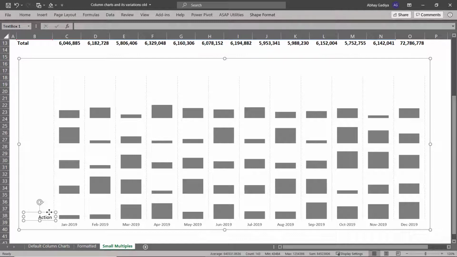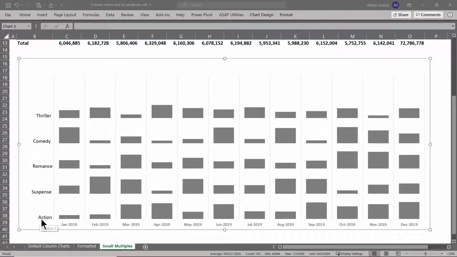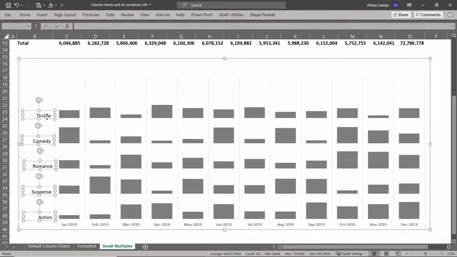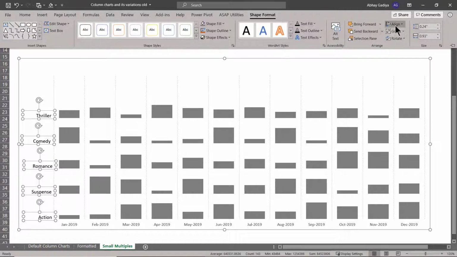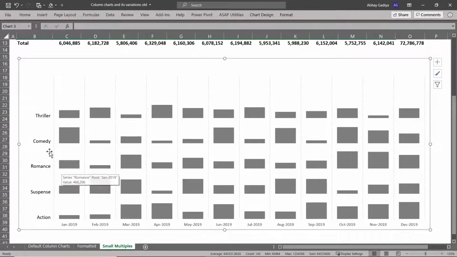I will select this label, Ctrl C, Ctrl V. This will be added. So let us drag this label to the same line as the Suspense category and change this to Suspense. Again, I will pause the video. I will label all the other categories and we'll come back. So now here you can see that I have already labeled each of the categories. So let me select each one of them with the Ctrl key pressed. So once everything is selected, I will simply left align it so that it looks properly aligned. So now each of the categories has been mentioned over here.